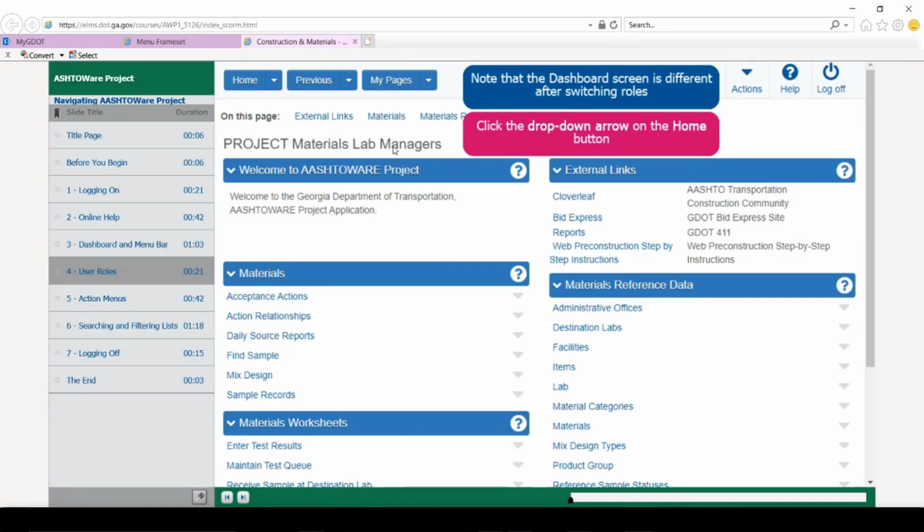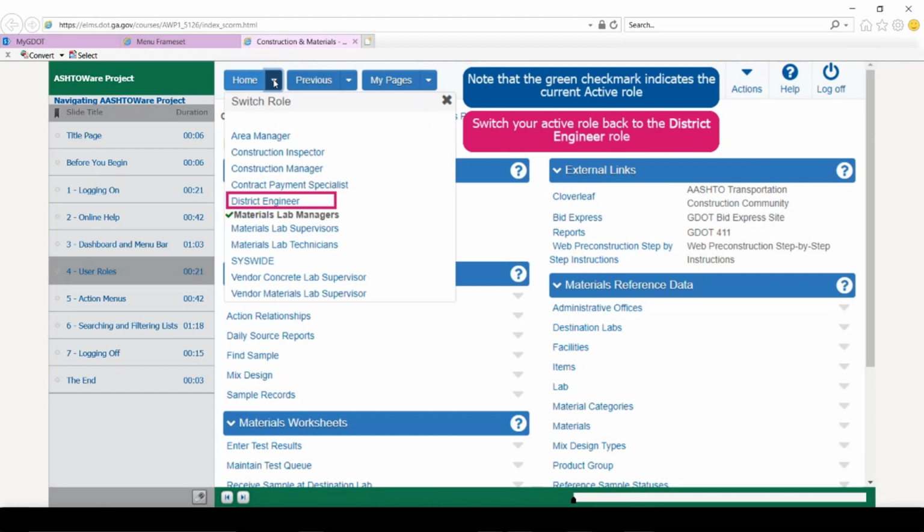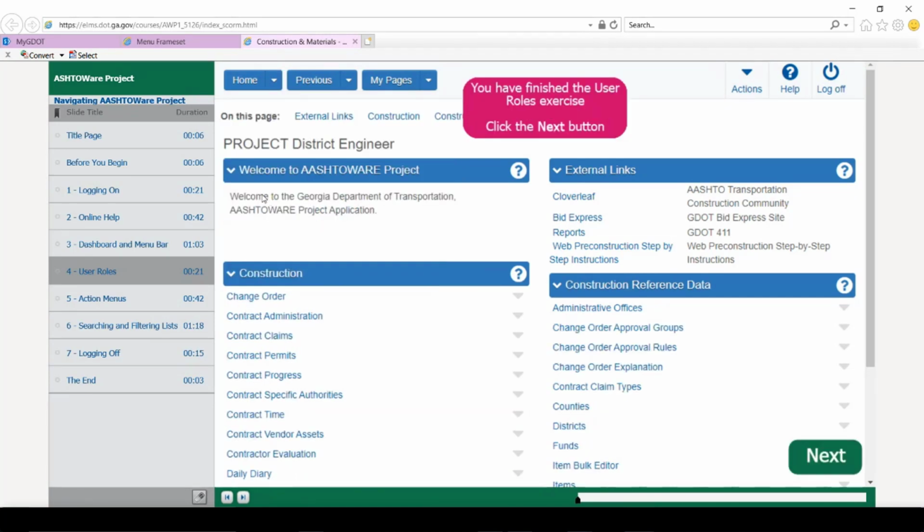And of course, you can see that it has different items that you can access here, different tools that you can use. If I click on the down arrow again, I can easily switch back to District Engineer. Click on that, and it brings me back to the District Engineer page, just that easily.